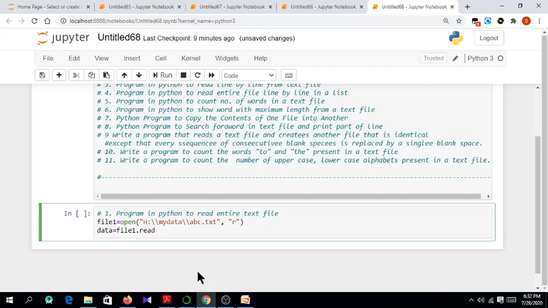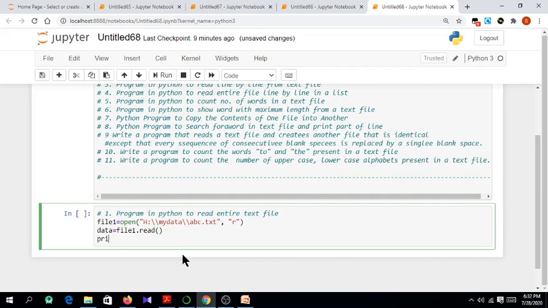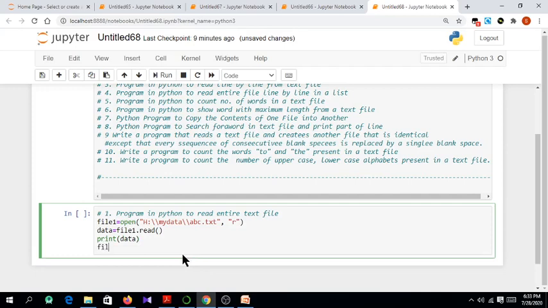Because we are asked to read the entire file, I'm going to use the read function without any argument. This function will read the entire file content, and all the data present in abc.txt is returned as a string, which is stored in the string data. Now let us print data, and after everything is over, let us close the file, file1.close.